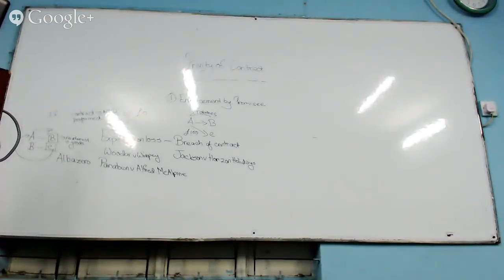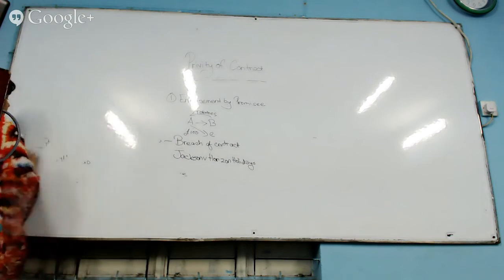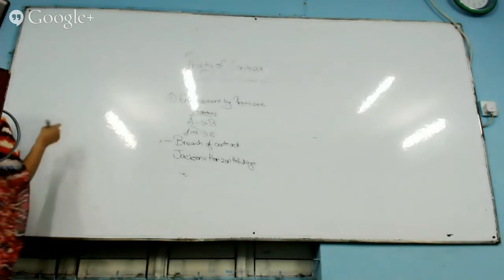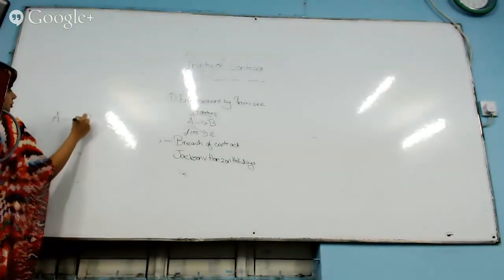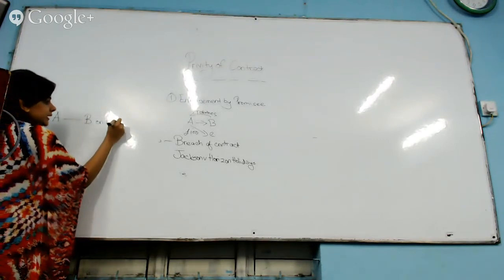Okay, so basically what we next need to look into is the second exception, that's agency. What agency basically means is it's not exactly only an exception to the privity of contract. It is a normal principle. So what does agency basically mean? Agency means if A enters into a contract with B, who is contracting on behalf of C or as an agent of C,